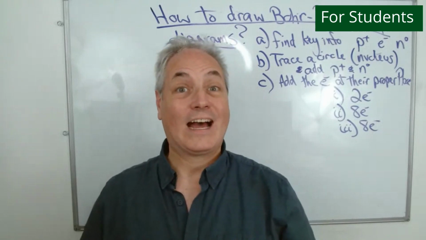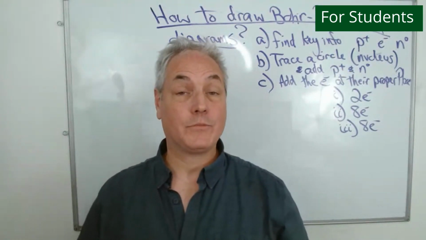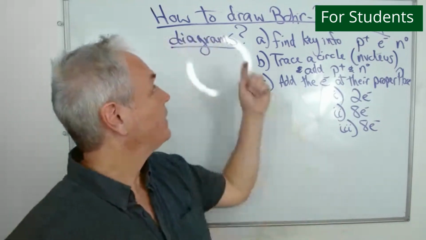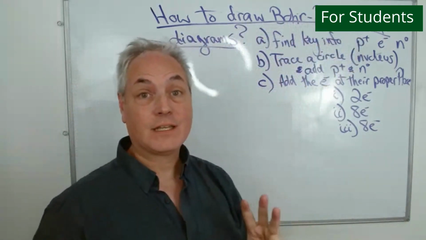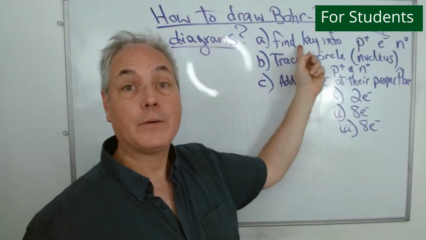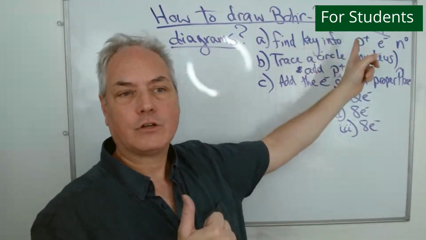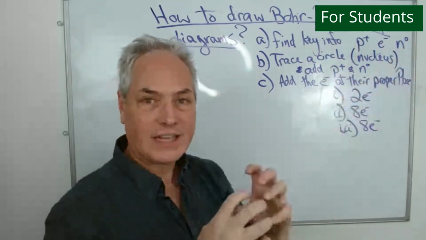Today, we will look at how to draw Bohr-Rutherford diagrams from information we get from the periodic table. When you want to draw a Bohr-Rutherford diagram, you have 3 steps to do. The first one, you have to find key information about your atom. That means you need to figure out how many protons, how many electrons, and how many neutrons there are in